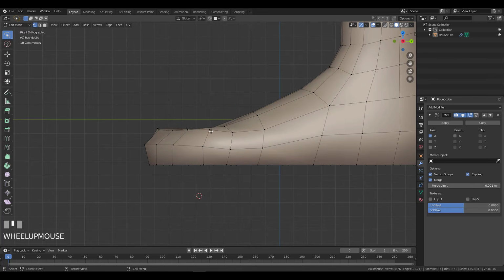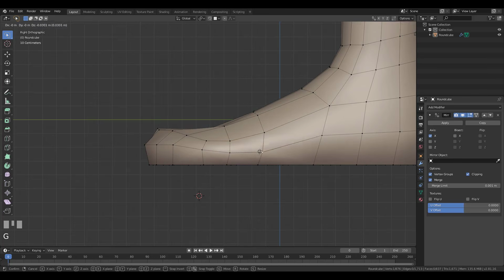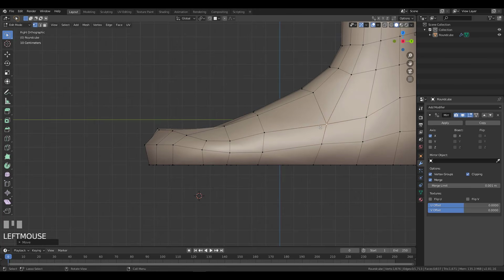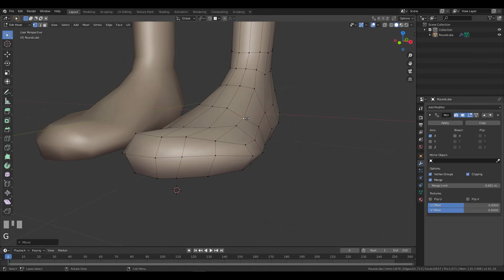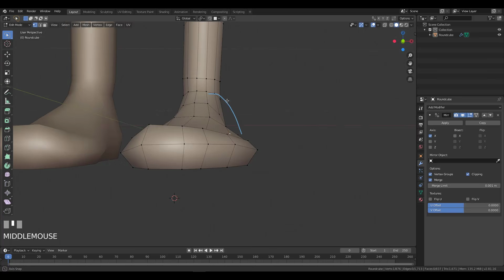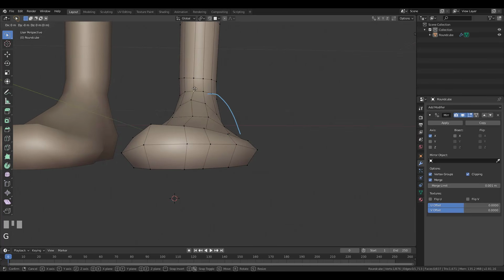One thing that I can do is make the slope a bit more important on the pinky side, like this. So as you can see, it's flowing like this more,